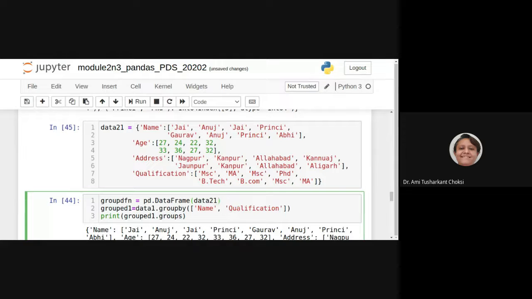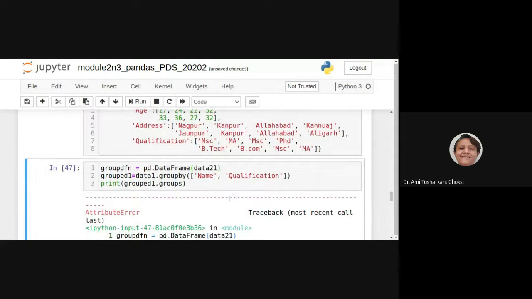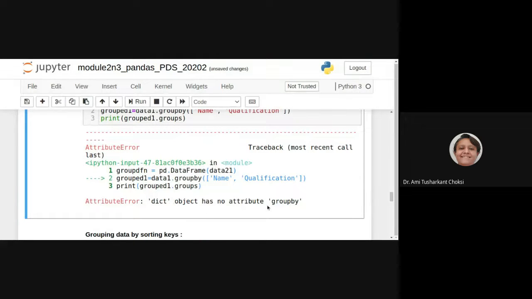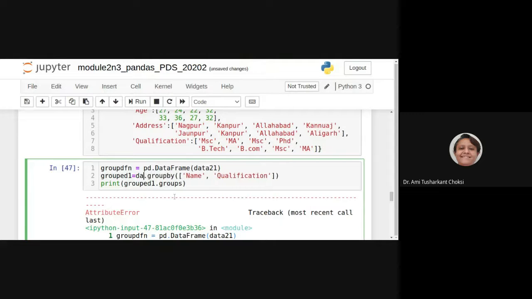Okay. Now let me run this. What happened? The object has, we have to change this one, isn't it? This is our group DF, right? For that, for the data frame, we can do group by, isn't it?